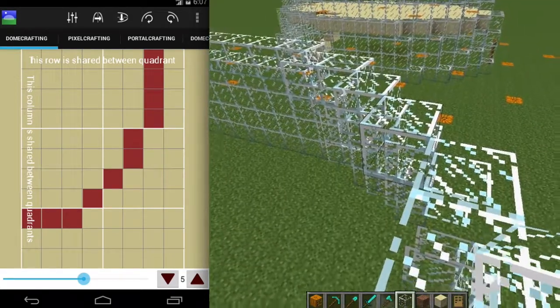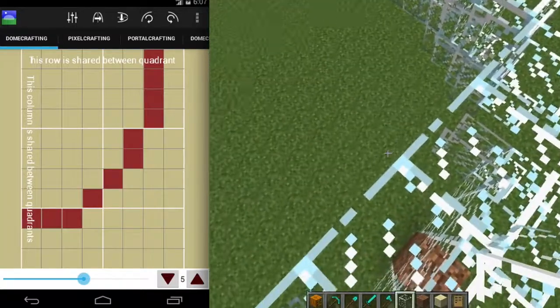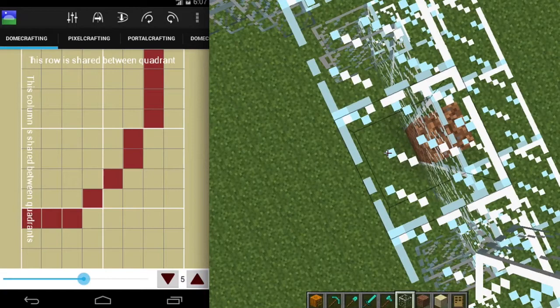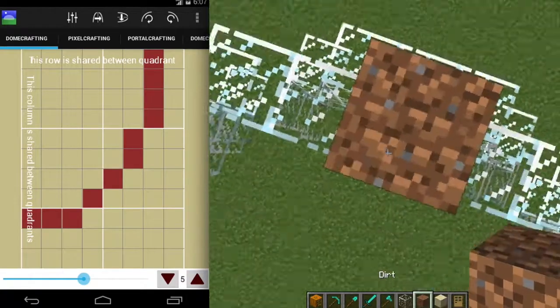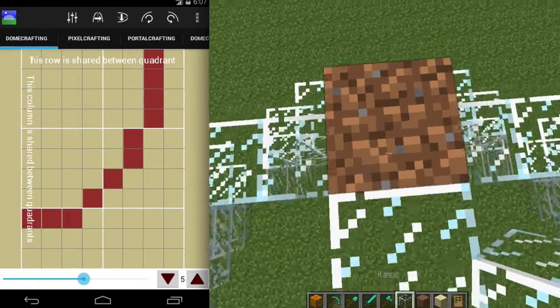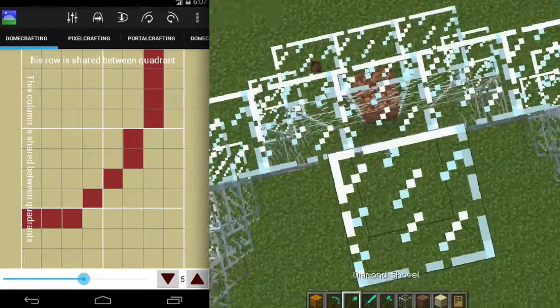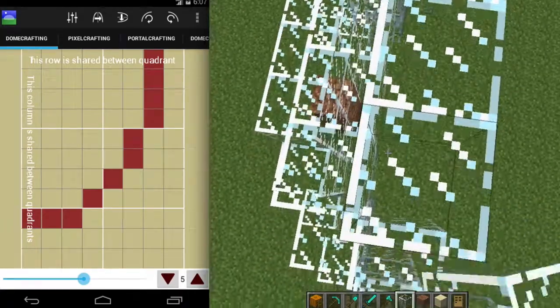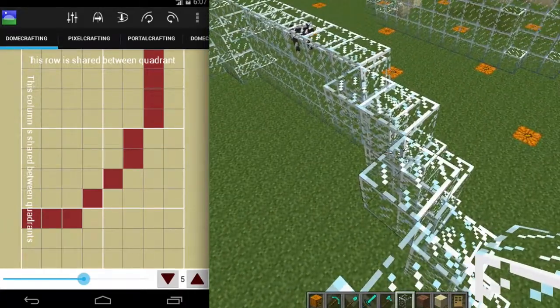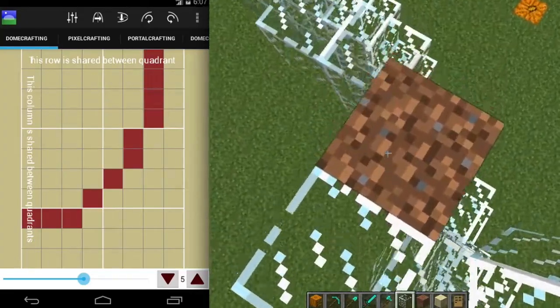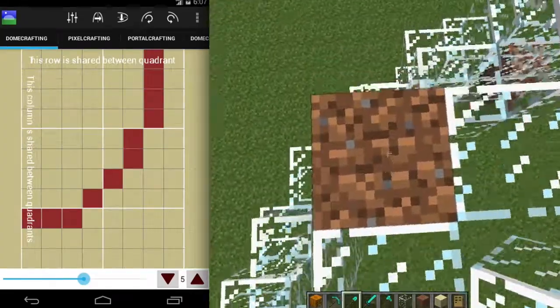Now this time we can't use that trick we used last time. We've got to get 3 blocks across here, but there's nothing to tie them to. So I'm going to jump up and stick some dirt underneath me, and then I'm going to attach glass to that, and then I'm going to run my 3 blocks, and then again I've got to do 2 blocks of glass here,